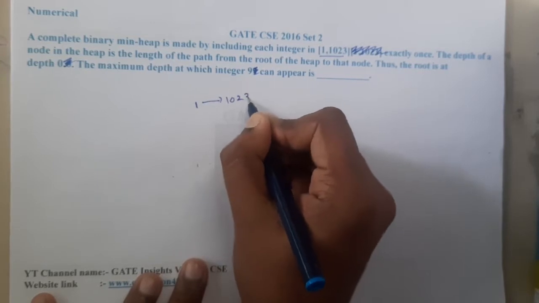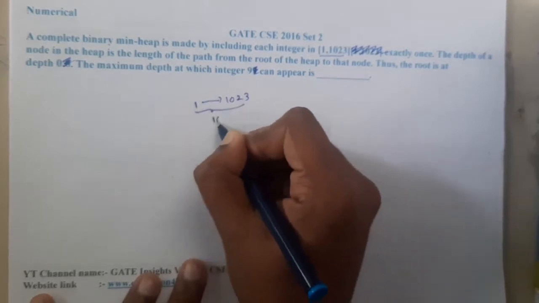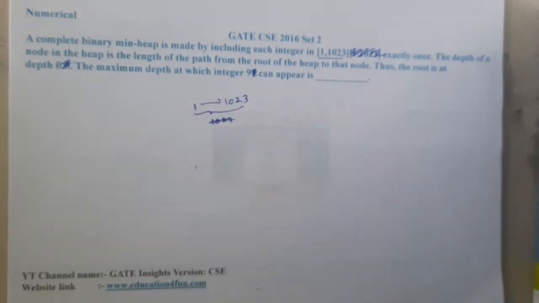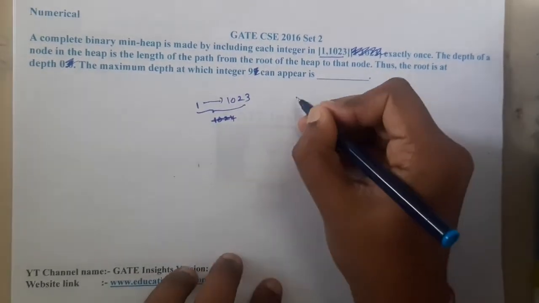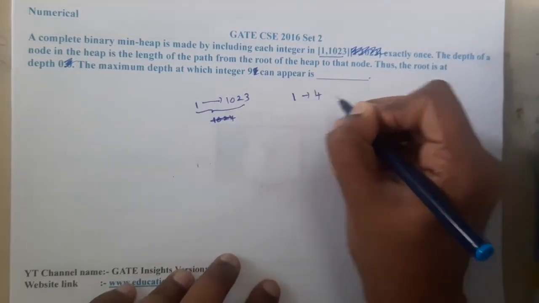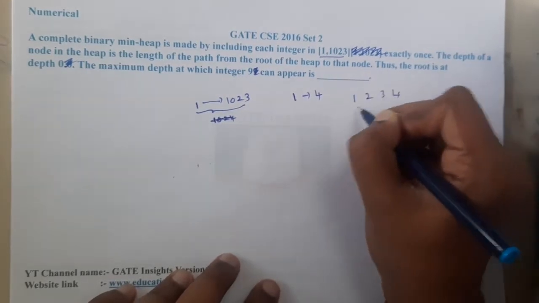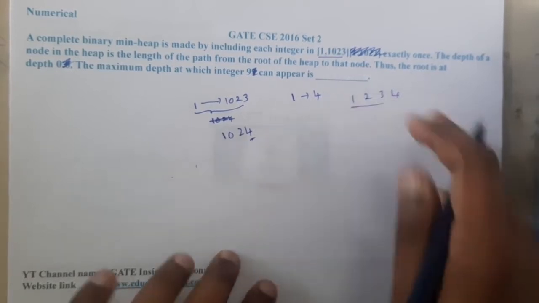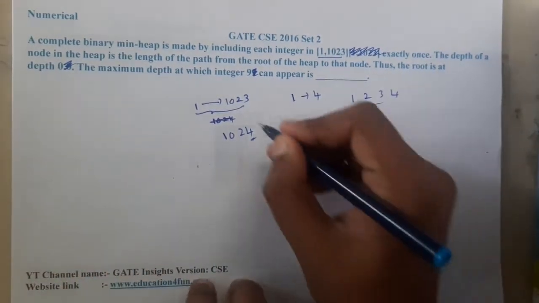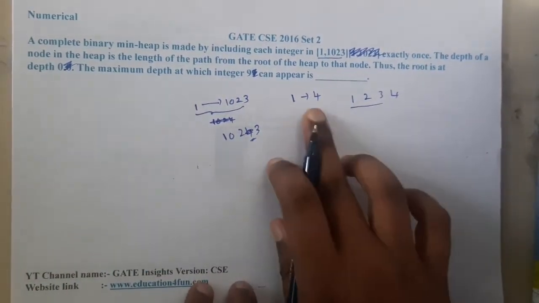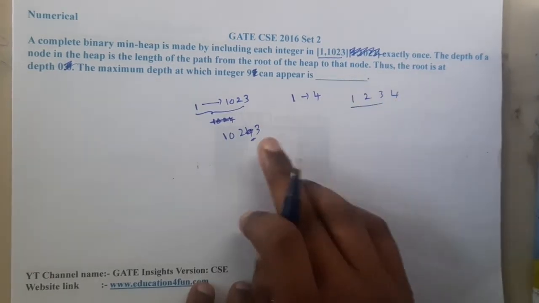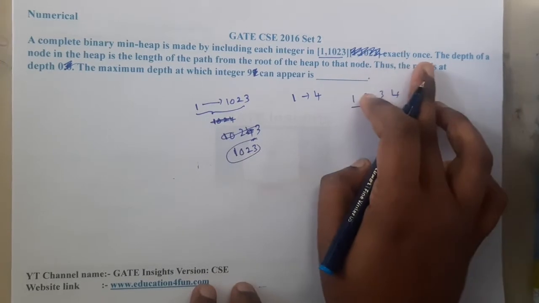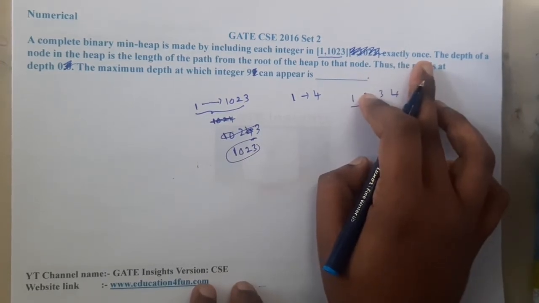1023. So in total, how many elements are there? You can say 1024 elements. No, it is starting from 1 to 1023. Let us take an example: if there are elements from 1 to 4, how many are there? 1, 2, 3 and 4. So in total there are 4 only. So here it is 1023 elements, sorry, my bad. 1 to 4 means we have 1, 2, 3, 4, so in total 4. Here there are 1023 elements, each exactly once, so there is no repetition or anything.